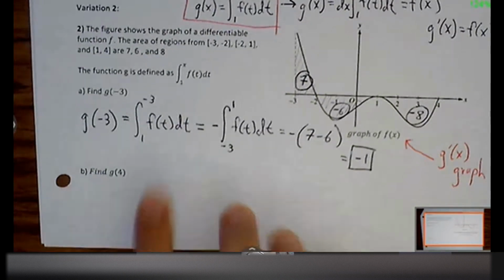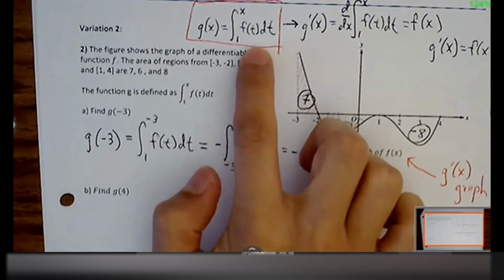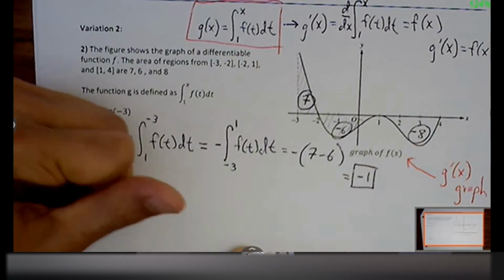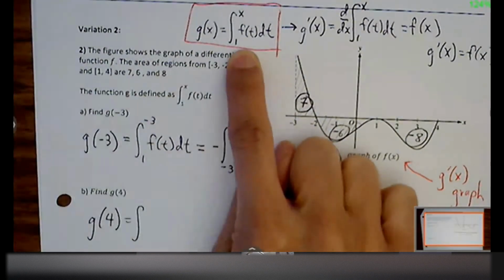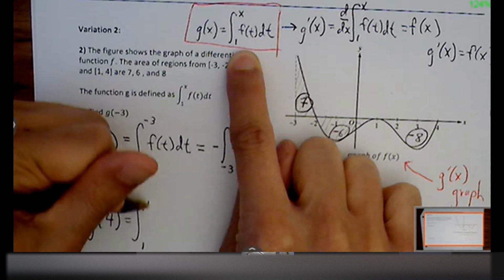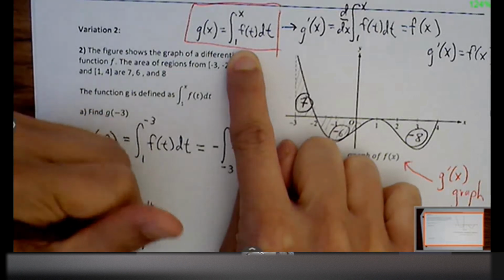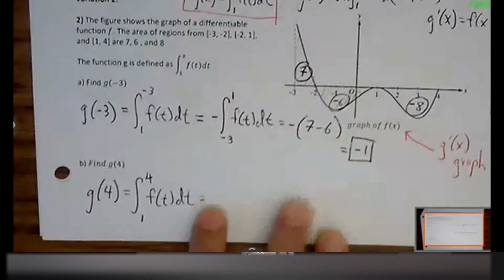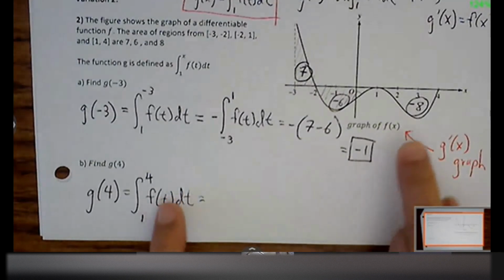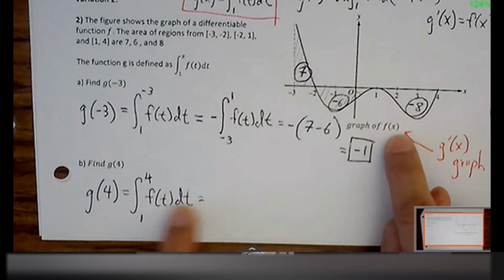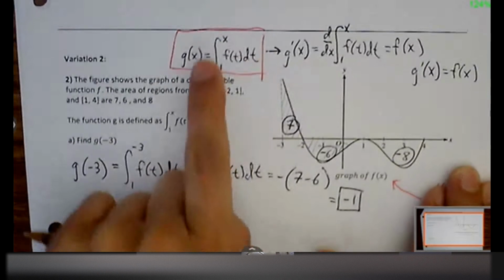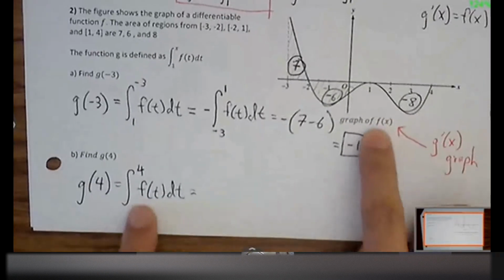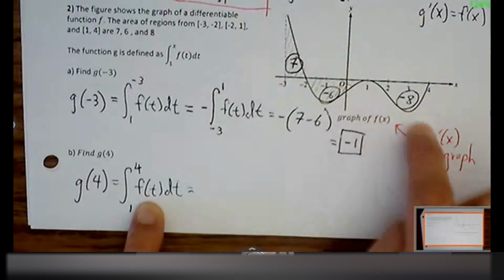Okay, let's find g of 4. Again, following the rule exactly as we see it here. Lower bound is 1, upper bound is 4. Oh, don't worry about the fact that these are different variables. It's because of notation, because my upper bound can't be the same variable as that. So you don't need to just know that, you're just basically staring at the same graph.